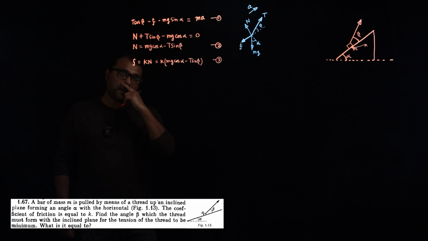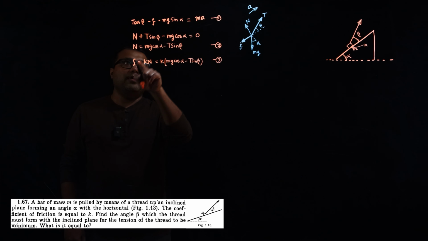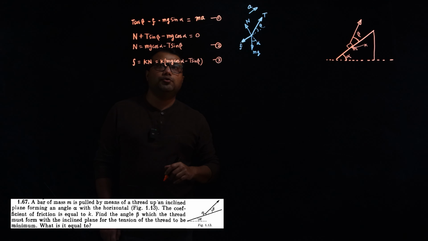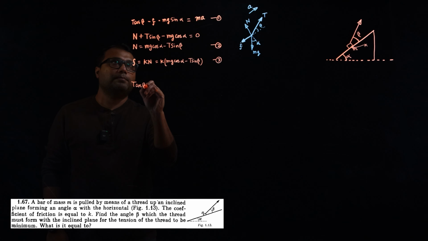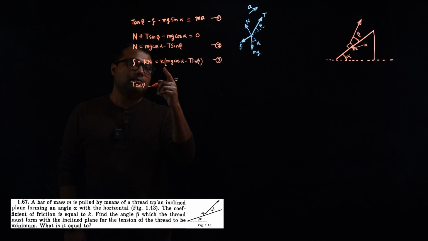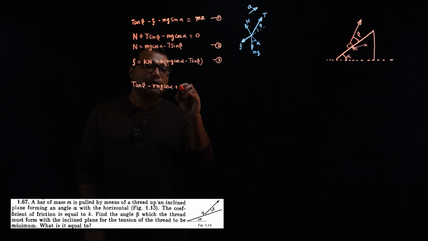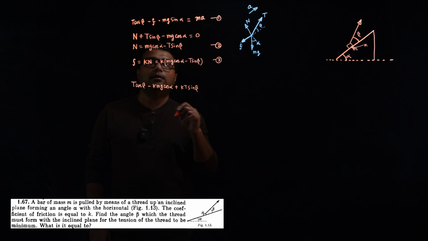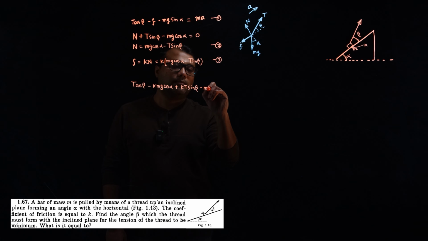Now let's substitute the value of F in equation 1. So we get T cos beta minus k mg cos alpha, and minus minus will become plus kT sine beta. So F is taken care of, minus mg sine alpha